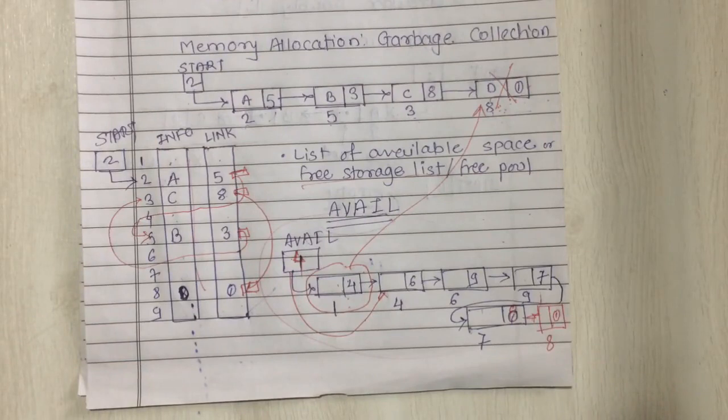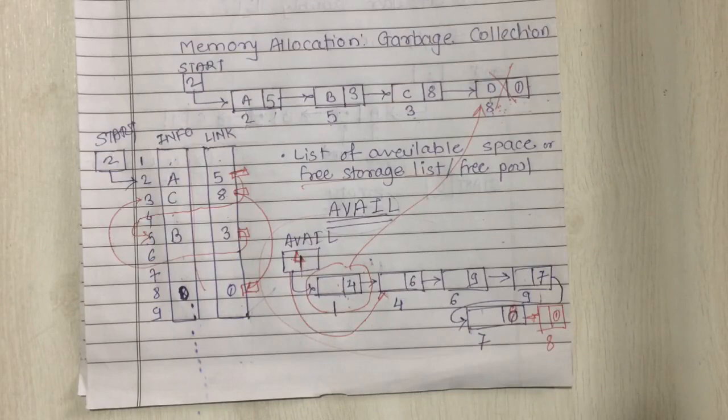And in the second step, the computer again runs through the memory, and it collects all untagged space onto the free storage list. So what is meant by garbage collection? Garbage collection is nothing but a collection of unused nodes or unused memory space. It is carried out in two steps.